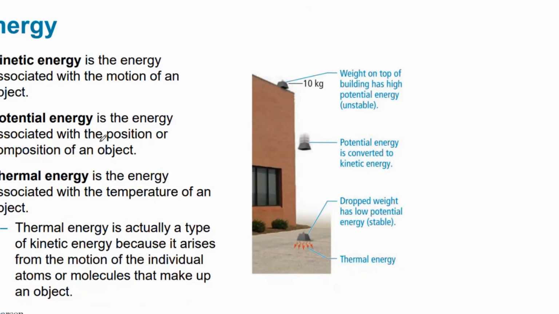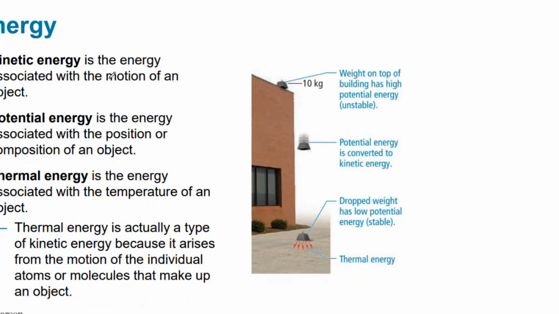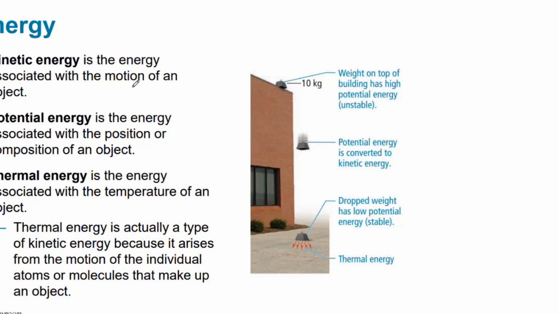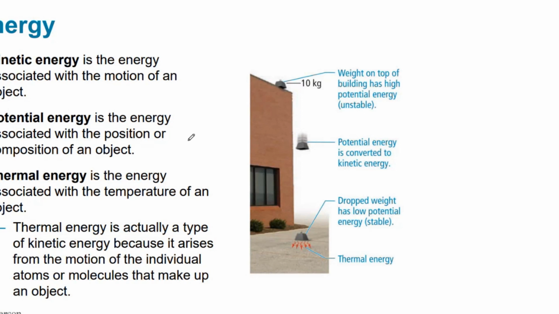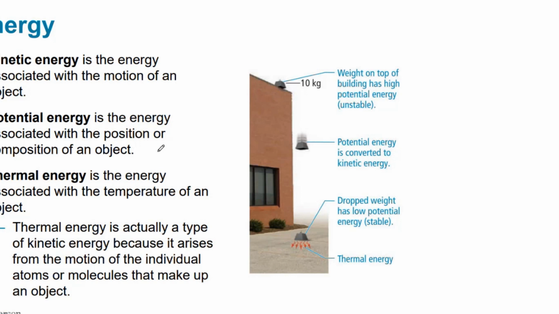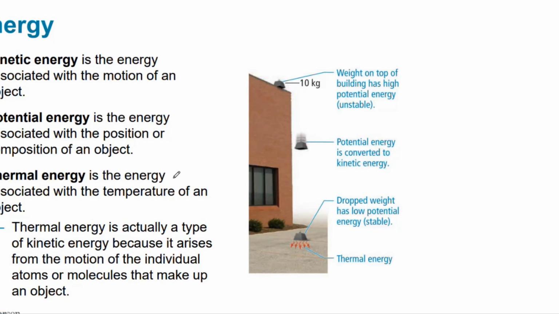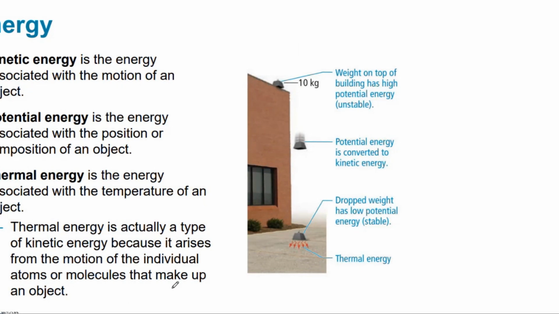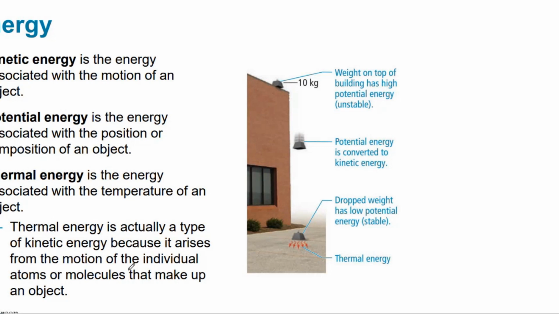And there are 3 different kinds of energy. Kinetic energy is associated with motion, moving objects. Potential energy is the energy associated with position or composition of an object. And thermal energy is the energy associated with temperature. So we're going to see all of these different types of energy in this course. And we're going to need to kind of understand what the different types are. Okay. So thermal energy is actually kinetic energy because it arises from the motion of individual atoms or molecules that